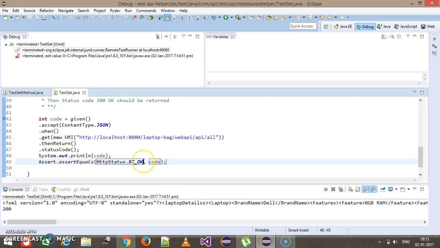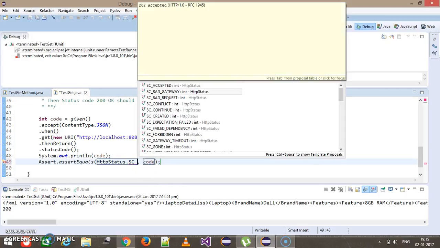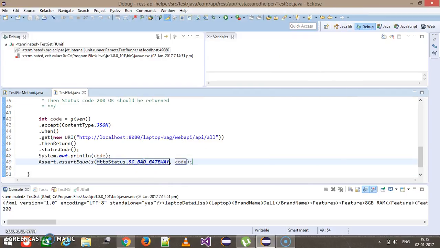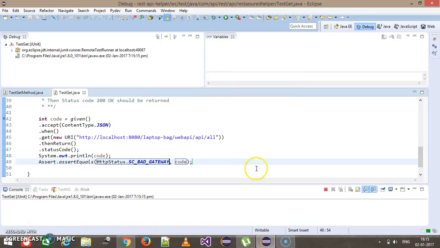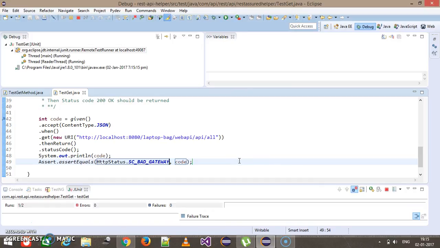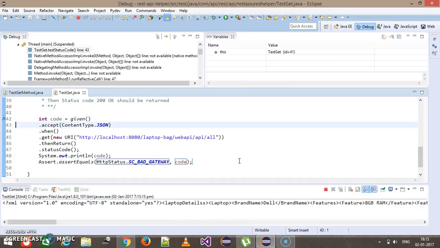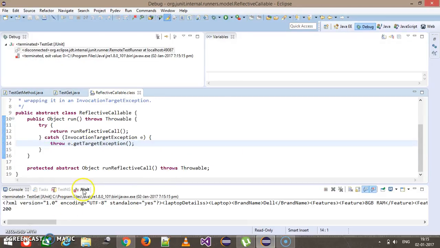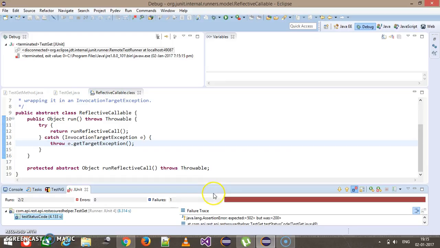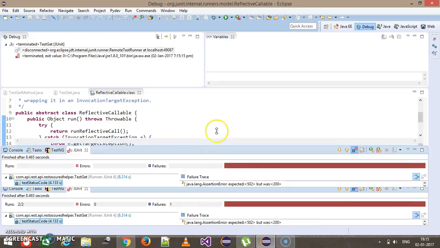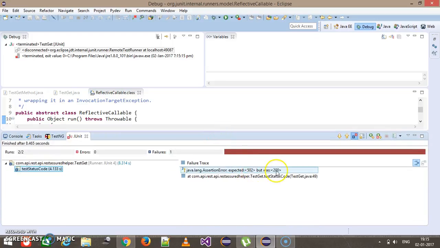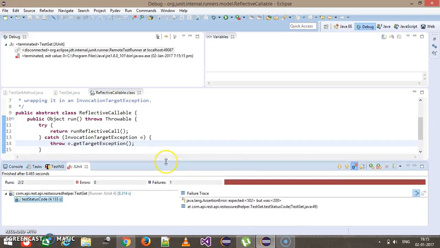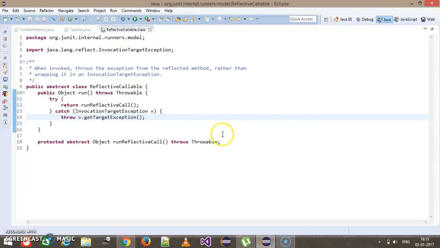Now in order to cross check it, let me change the status code to a different one, and in that case our test method should fail. As you can see here, our test method is getting failed. Expected was 502, but we are getting 200. So this is one way of